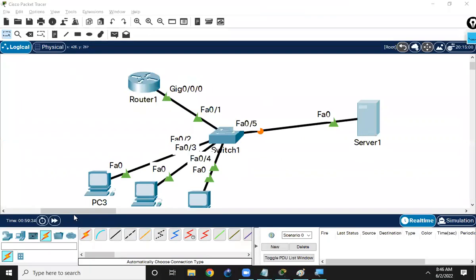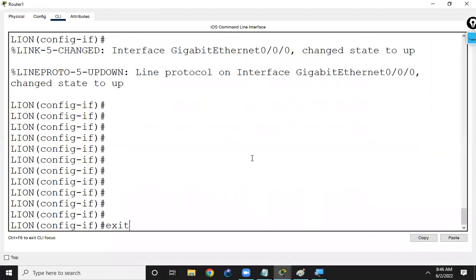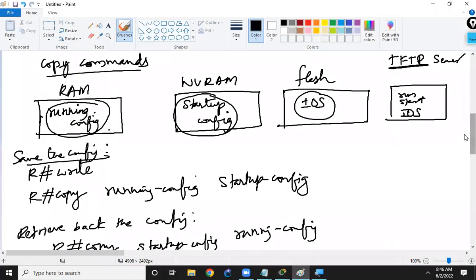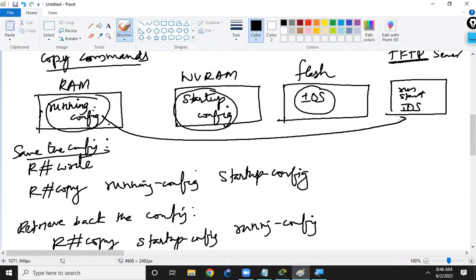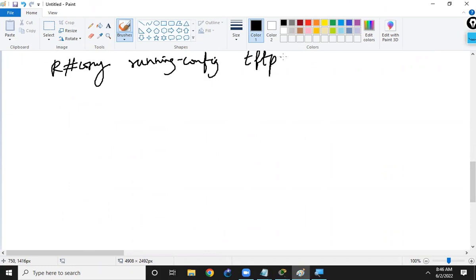Now, to save this configuration to a TFTP server, I'll go to the privileged execution mode and execute a command like this. If I want to save the running configuration to TFTP, I give the command copy. The same copy command is used. From where do you need to copy? From the running config. To where? To TFTP. If you want to copy the startup config, copy startup-config